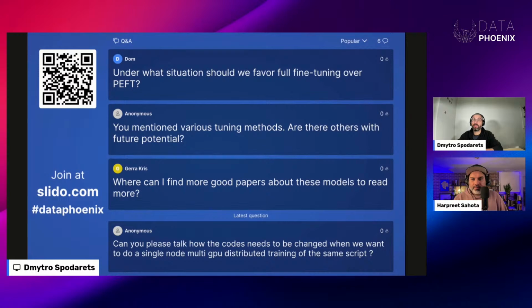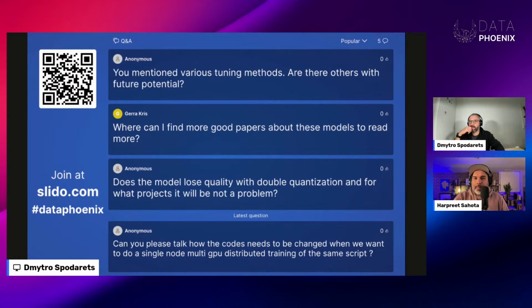First question, about in which situation to select fine-tuning, full fine-tuning, or PEFT. I think you should pretty much always choose PEFT. That's pretty much best practice and standard at this point, because time is money, resources are money. So you want to minimize how much time you spend on GPU and resources as possible. So you should always favor PEFT. Yes, but if you have the money and time, you can fully fine-tune. If you got money and time, yeah, and resources.